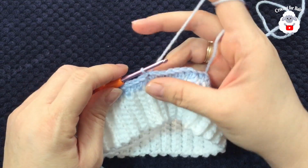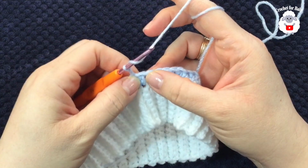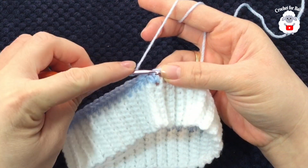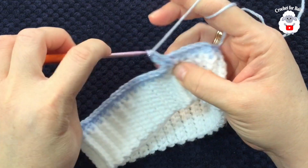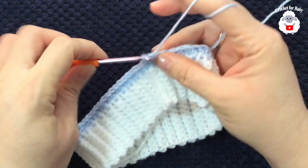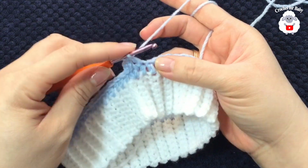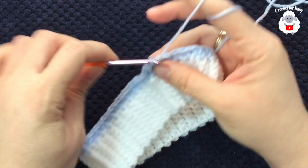Now for the first row to our pattern stitch, you're going to chain 2. And this first half double crochet that's right here, not the chain but the half double crochet, we're going to make a front post double crochet. Now into the next half double crochet right on top, make 1 double crochet. Into the next half double crochet, this one here, which is the third one, we're going to make a front post double crochet